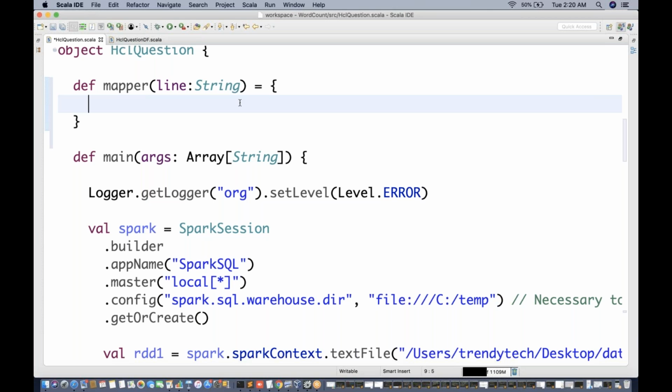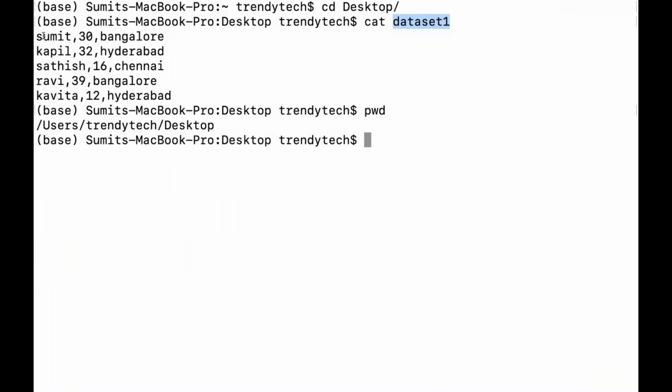Now this line, whatever we get as input to this mapper method, we want to split it based on comma, because in our dataset, if you see, the data is comma separated. That means a line might be something like this: Sumit,30,Bangalore.